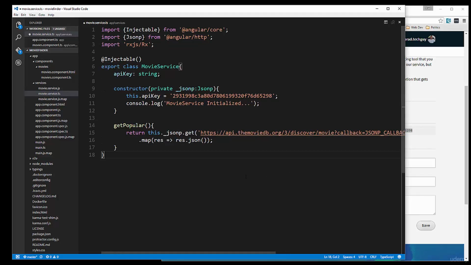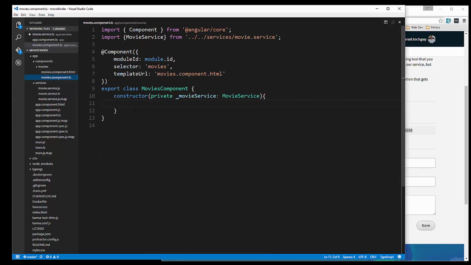Okay, so hopefully that works. All right, so now what we want to do is save and go back to the movie component, and inside the constructor we're going to want to use the movie service. So this._movieService.getPopular, and it's an observable. We want to subscribe to it,